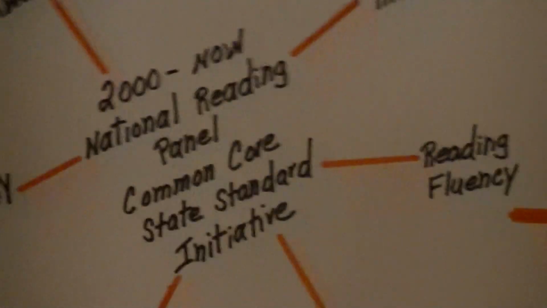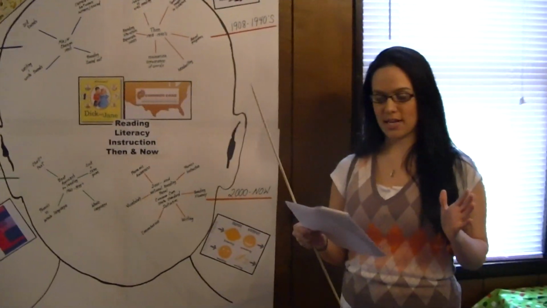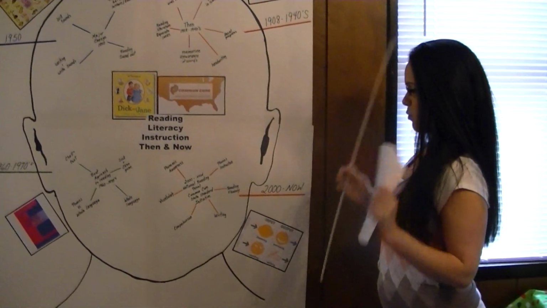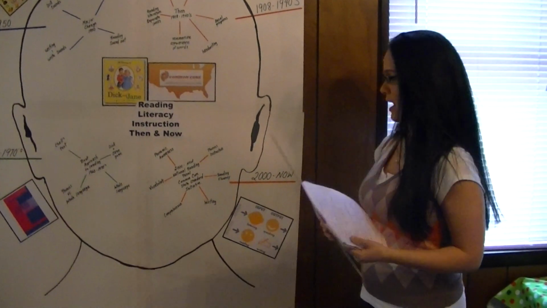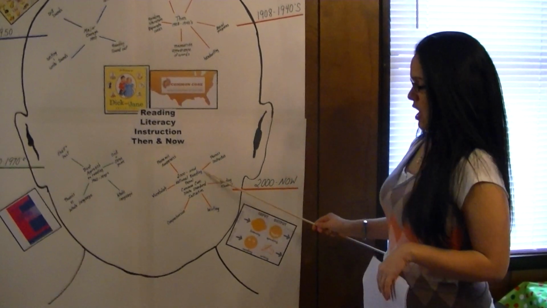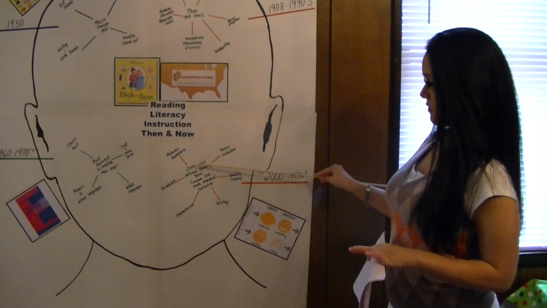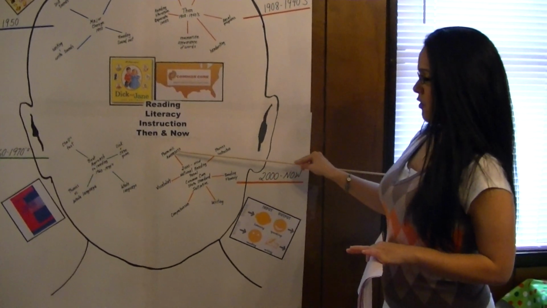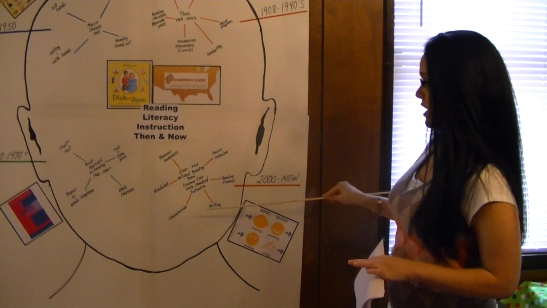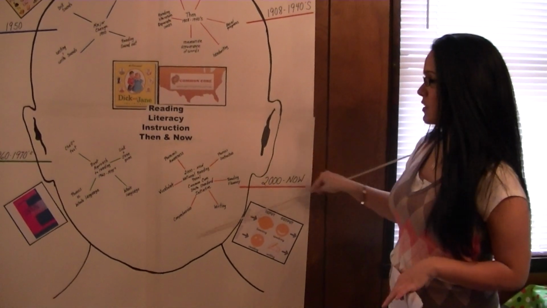So the National Reading Panel, their big question was how to teach reading, teaching children to read. They wanted to find out what was the best way to teach children how to read, to become literate individuals. And that panel was made up of 14 people, and they came up with phonemic awareness, vocabulary, comprehension, writing, reading fluency, phonics instruction, and these are all seen in the